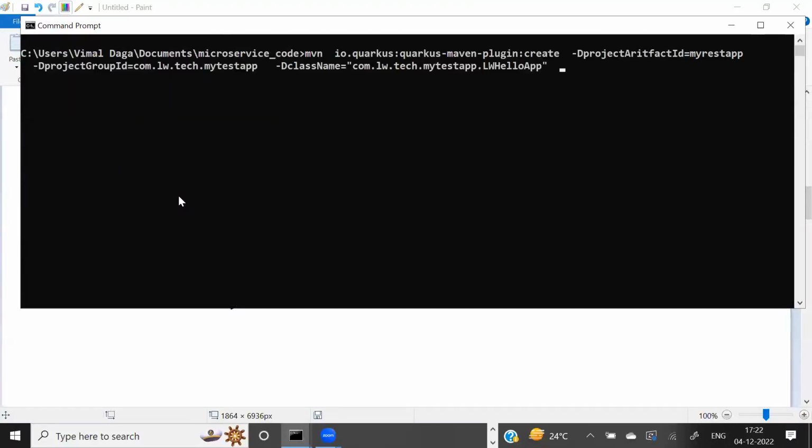I think the command is right. So the command format is create. This is what we use, and my REST API is the, let me check the keywords. D is capital, artifact. So the spelling is actually wrong in mine.